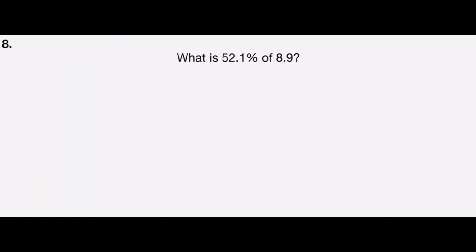Problem number 8 says, what is 52.1% of 8.9? So I'll translate this to an equation. Here's the word "is", that will be my equal sign. On the left side I have the "what", that's going to be my variable x. Then I'm going to look for the word "of" so I know what to multiply. I'm going to be multiplying 52.1% in its decimal form, which means I move the decimal 2 places to the